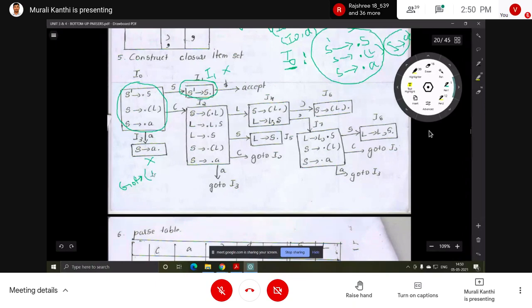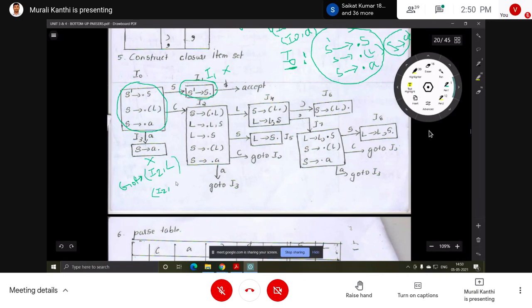So goto of I2 comma L is one, that means after the dot L. Next, I2 comma S, after the dot S is there.